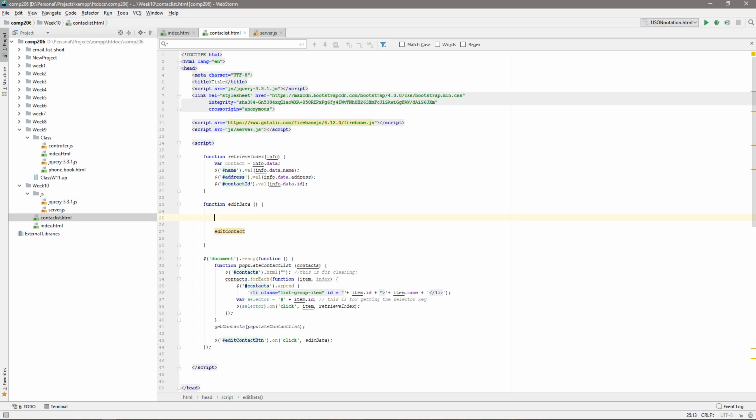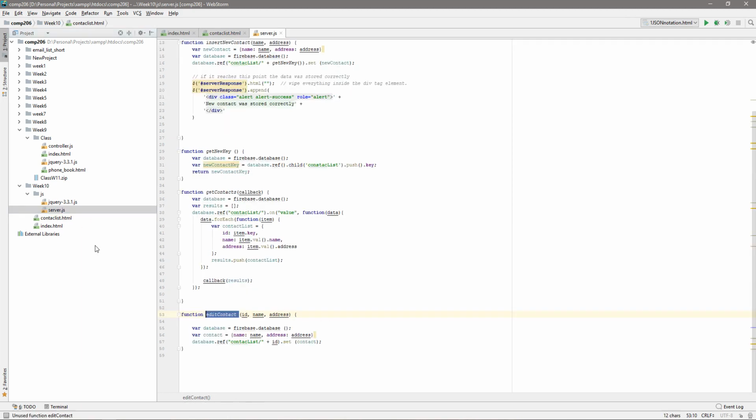You know what? I'm going to make it even easier. I'm going to call this name contact. So I know the contact will have three items, right? So instead of using the ID,